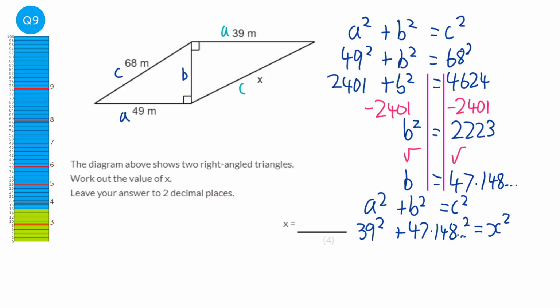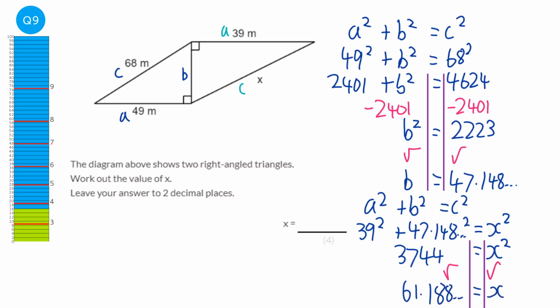Okay, so we need to square that. So we do 39 squared plus 47.148 squared, and that will be 3,744 equal to x squared. And we'll just get our lines in because we need to square root both sides, and we get 61.188 and so on is equal to x. It says it wants it to 2 decimal places, so that will be